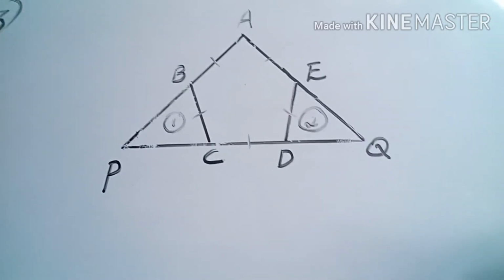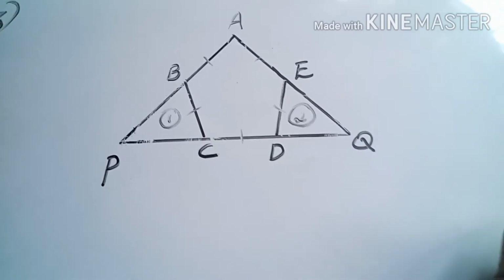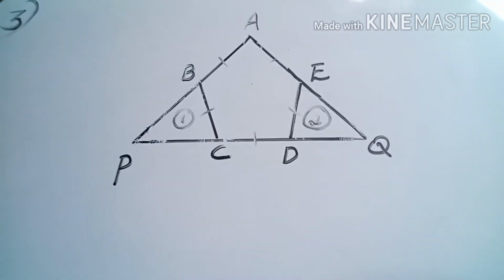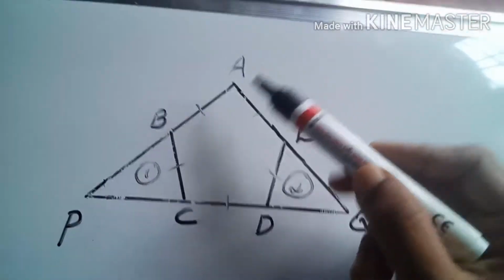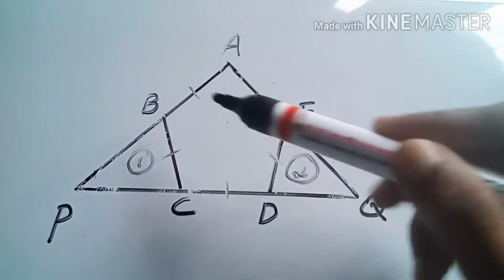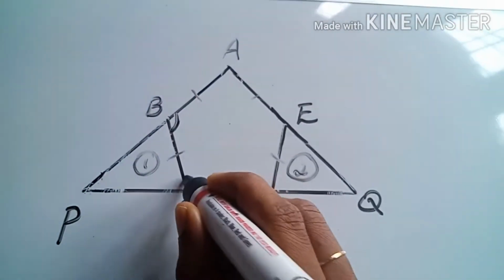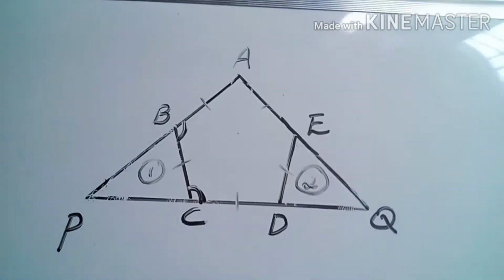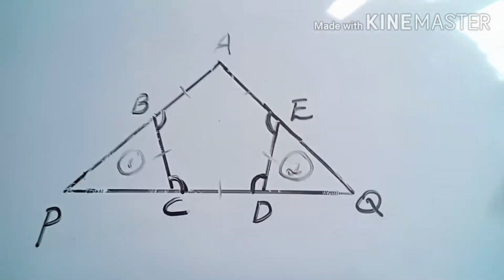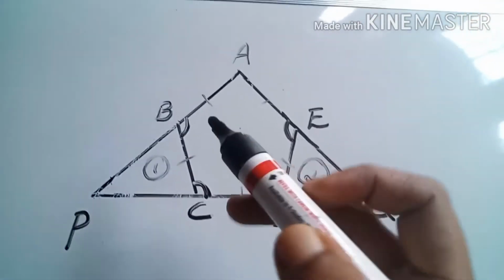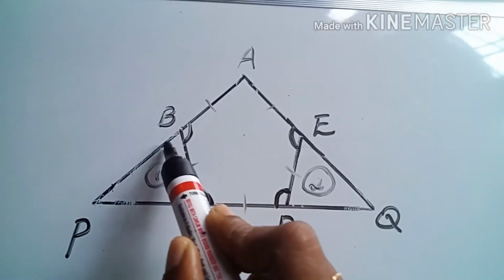So we need to apply one of the three concepts. First of all, let's check which concept we can apply. For the pentagon all the angles are equal. So this angle is also equal, this angle is also equal. Here also this is an equal angle, this is an equal angle. So if we consider this side, angle B, what about this angle?